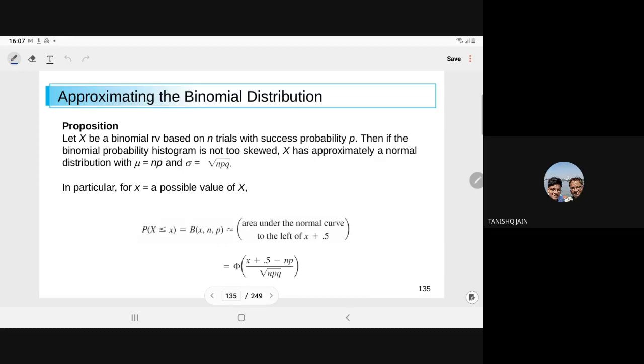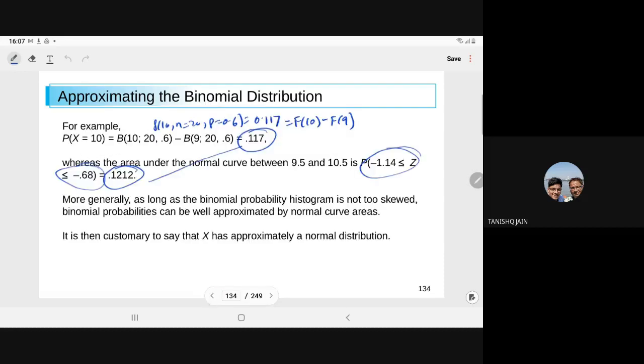Sir, where it was given that p is equal to 0.5, do you mean the percentile? No, p is not a percentile, it is simply the success probability in each trial. Then why does 0.5 matter? You said that since it is not 0.5, it is not an accurate graph.